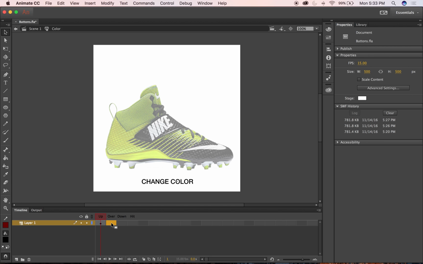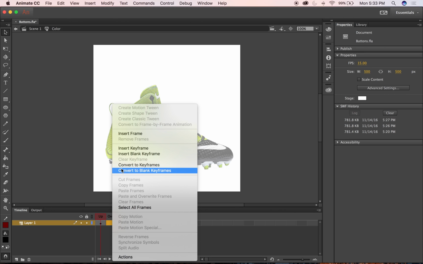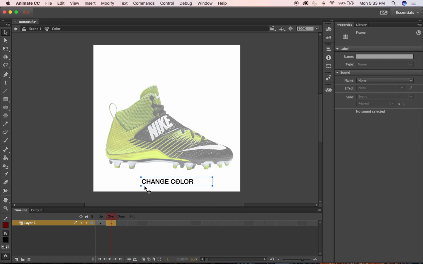So let's define an over state for it. What I'm going to do again is click over. I'm going to control click that over frame there. I'm going to hit insert keyframe. So it's really just going to copy the same exact thing that I did from the up state